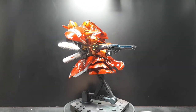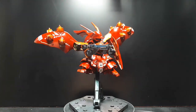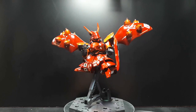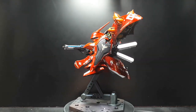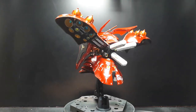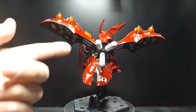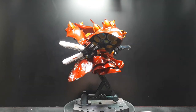Alright, well, I'm really happy I went through the tortuous paint process of this because I intend to keep this for quite a while. I really enjoyed this mobile suit design. It was a pretty straightforward build, nothing complex, nothing too confusing, just pay attention to the pictures and the instructions. The only gripe again is that it doesn't stand really well, but it does if you drill out the peg hole. This is a standard Gundam base, so you can use that and have a more